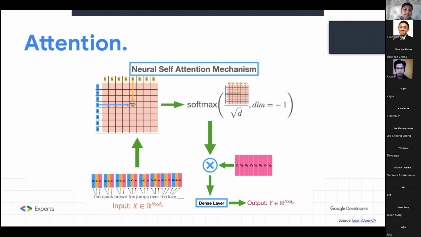Now, you're going to say that, well, if I multiply the same thing together, shouldn't it just be the square? You're right, it should be. But we're also going to be performing the multiplication across the entire sentence. So we're going to take the query of quick and we're going to take the key of, let's say, the word jumps. We're going to perform multiplication between the embedding representations of those words as well. Along similar lines, we'd also pick up the query of, let's say, the word brown and the word fox, and we're going to perform multiplication over that as well,